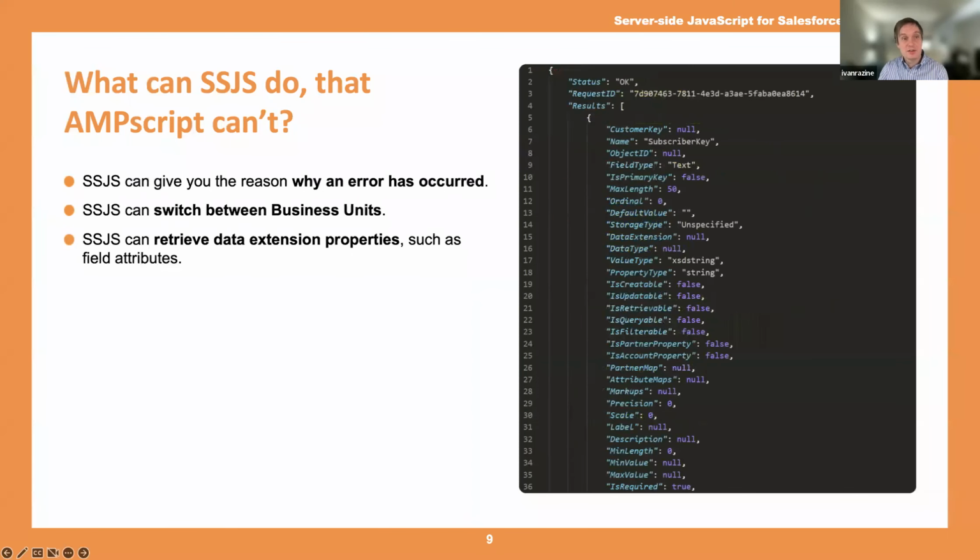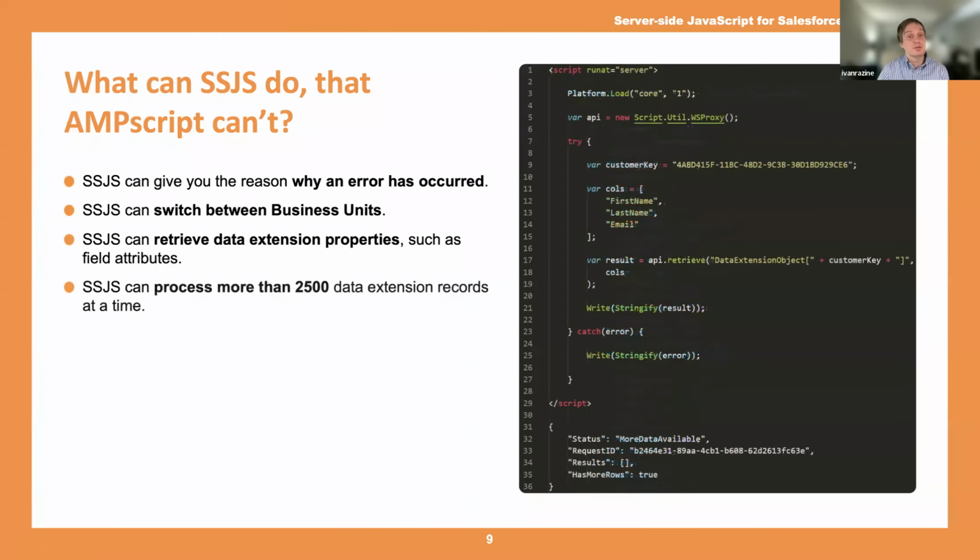Next up, server-side JavaScript can process more than 2,500 data extension records at a time. This is also a big one. In Ampscript, what you would usually do is try to look up rows and retrieve as many records as you would like, but you would not be able to go beyond 2,500 records. That's a Marketing Cloud limitation. But if you use the WebSocketProxy library in server-side JavaScript, you would be able to basically loop